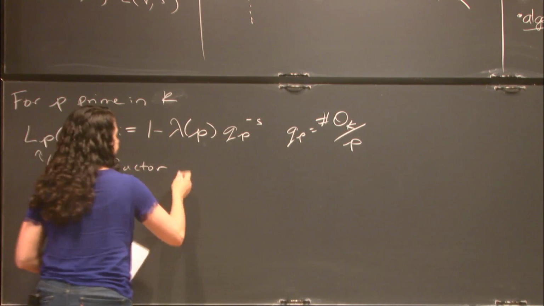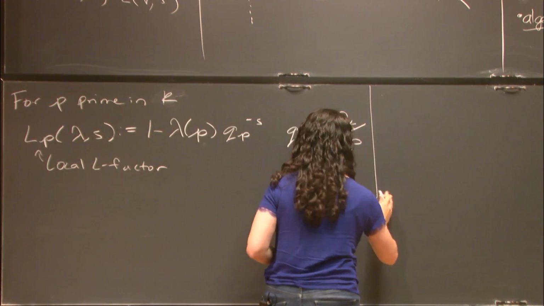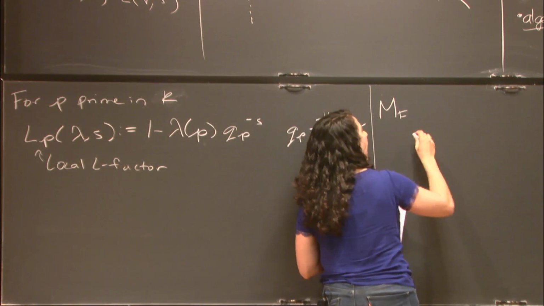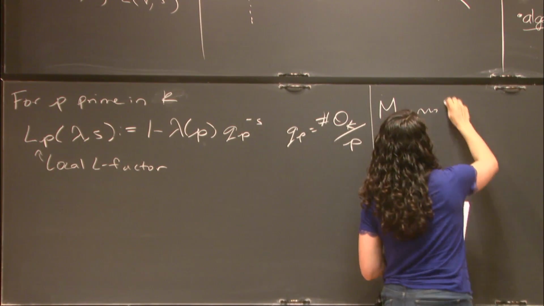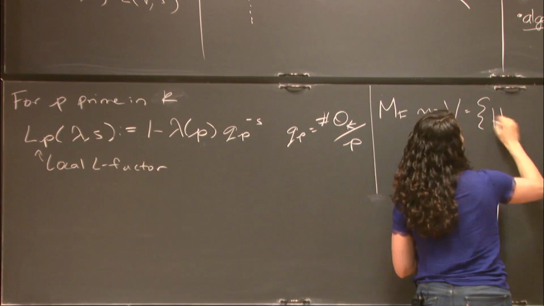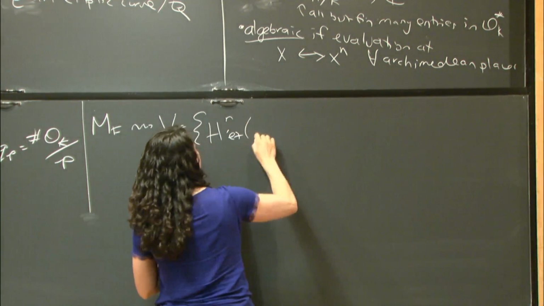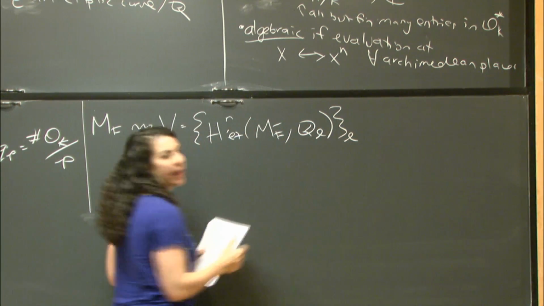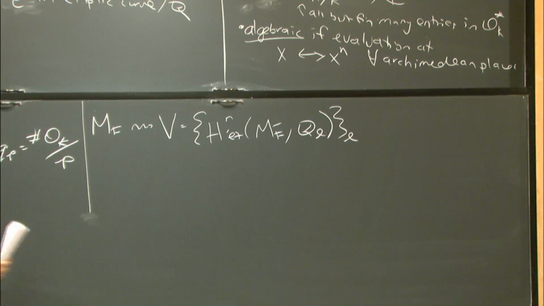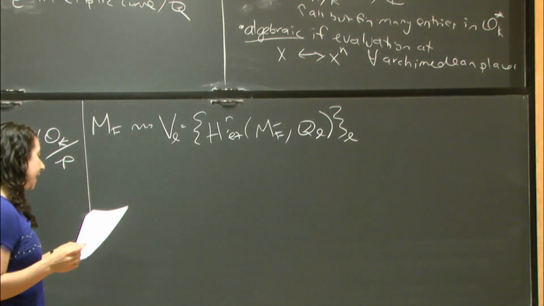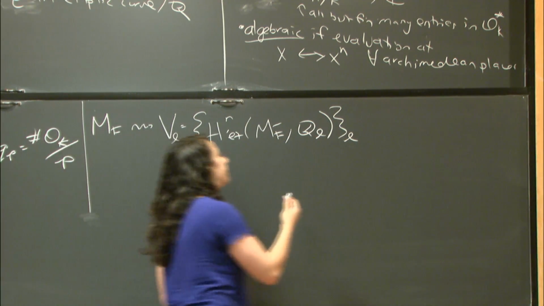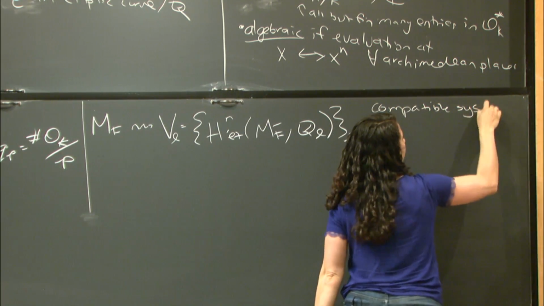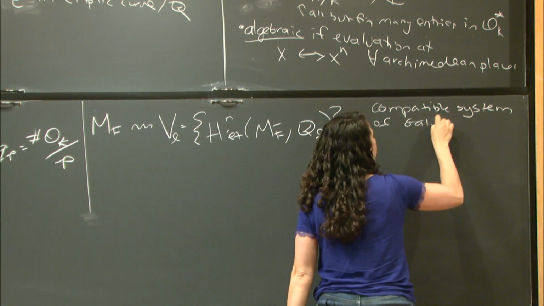And I can similarly get a local L factor attached to a Chow motive so I take my Chow motive, say, over F, right? And now let's consider the system of étale cohomology given by varying this l, okay? So this gives me a system of Galois representations. And this system will be called a compatible system of Galois representations